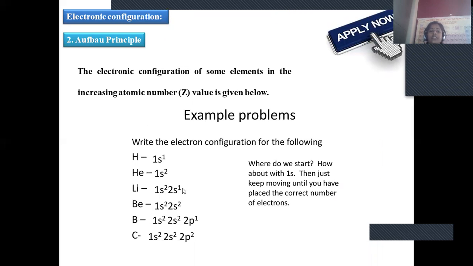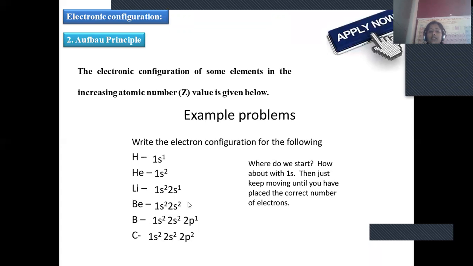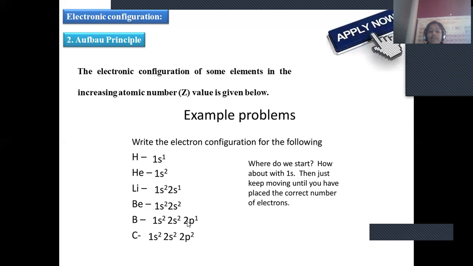Now, in extension to the Aufbau principle, we are going to fill the electrons for various elements having more than one electron. For hydrogen, 1s1 will be there. Helium, 1s2. For lithium, the third electron, where should it go? It should go to 2s, because after filling 1s, the electron enters into 2s, so it will be 2s1. Beryllium, one more electron added, so 2s2. So 2s is filled completely. Now for boron, the electron enters the next level, the 2p level, so it will be 2p1.